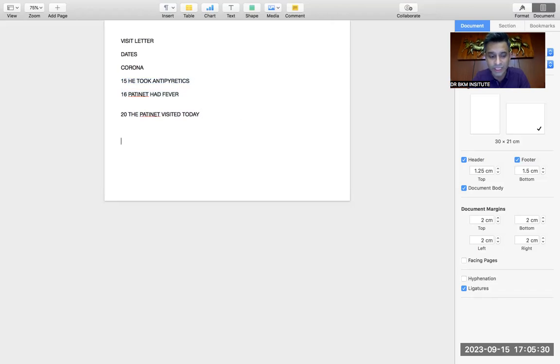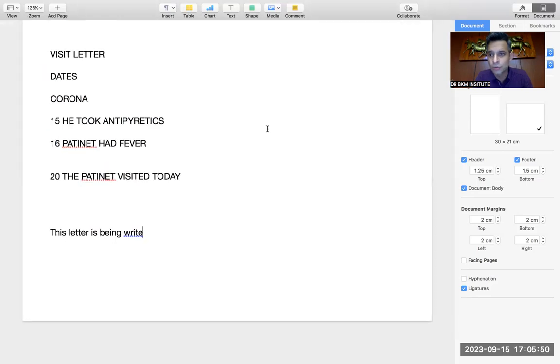What I'm trying to say is that OET is improvising these days, meaning changing a few things. Whenever we see any dates, we feel it's a visit letter. But I will make OET simple for you, as I have always promised: always look at the last date. What is the current symptom? In the first paragraph, always write this letter is being written regarding Mr. X, who is having this problem. Whatever the current problem is in the last date is the most important thing.